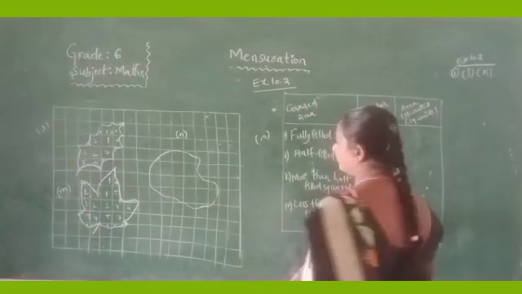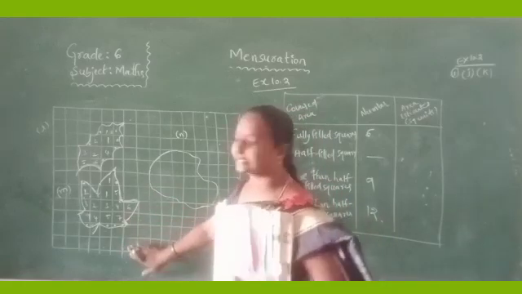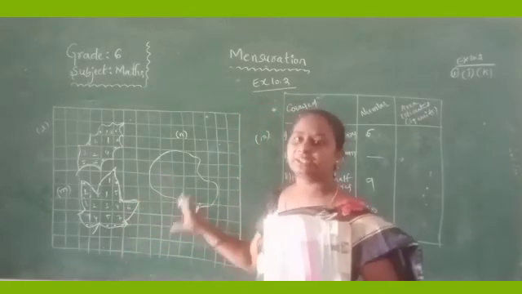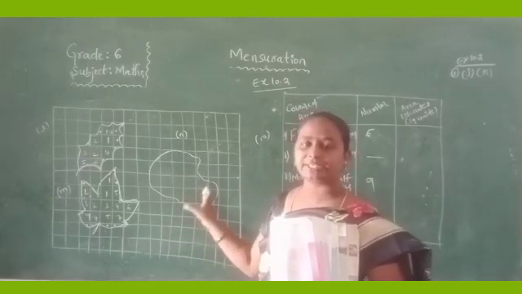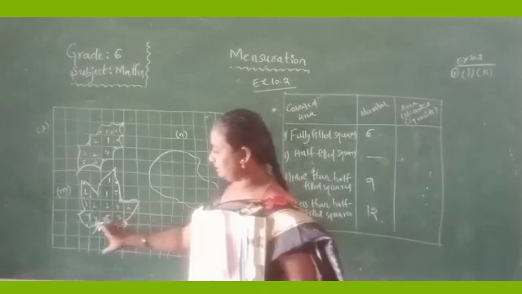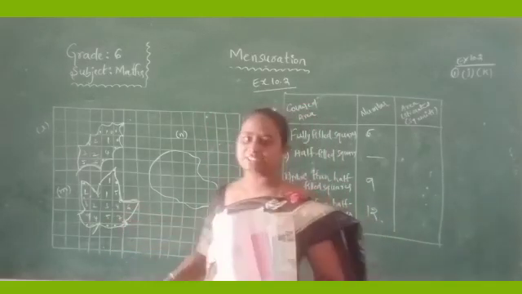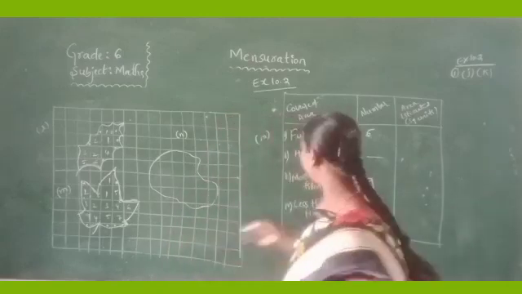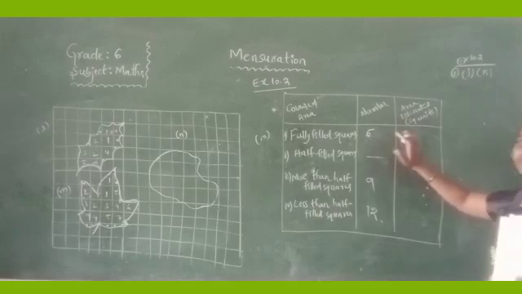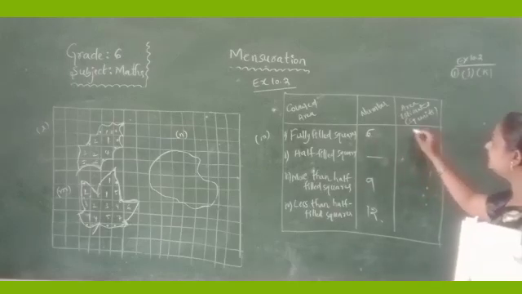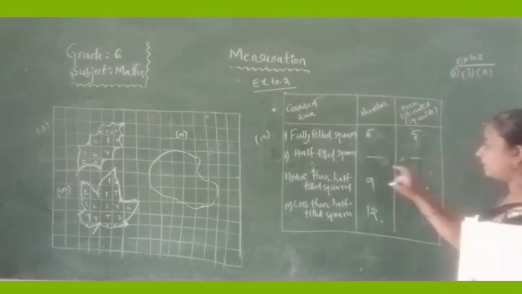Okay, so I have drawn this roughly now. So it is not a correct presentation. So you have to draw exactly on the graph paper. Then only you will get the exact area. Is it clear, children? So I drew this one roughly. Okay, right. So here see. So what is the area? Full squares are 5. Then the area is, you have to take 5 square units. There are no half filled squares.